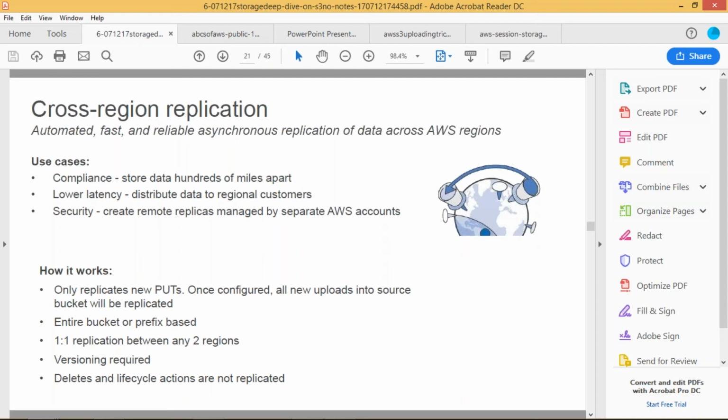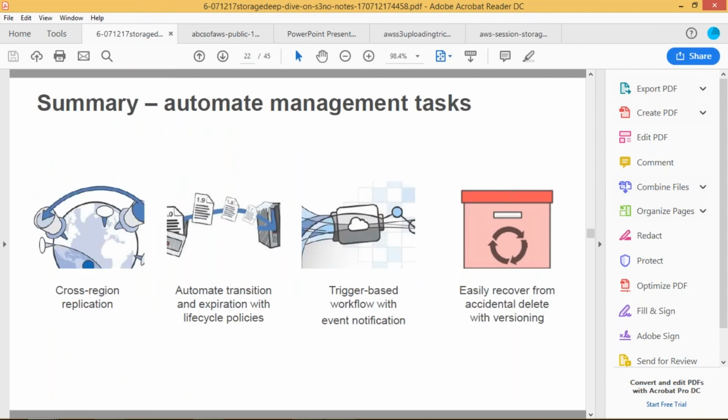Okay, cross-region replication we have already talked about in the previous slides, because you have created one S3 bucket in one region, and it will be replicated to a different region at the same time. Okay, and in summary, automate management tasks, so you can just go for cross-region replication, and automate all sorts